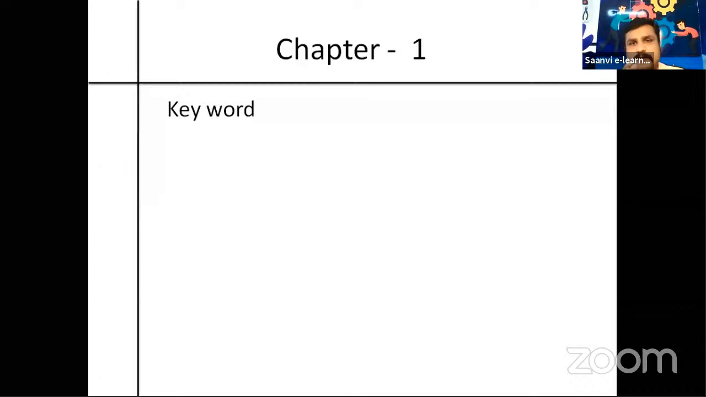Then after chapter 1, write the heading, the name of the chapter. After that, keywords. What keywords are you supposed to write here? Go through the chapter, the first chapter, and try to pick some difficult words. Sometimes you may get doubt on some words. Try to pick those words. Write at least a minimum of 10 words, 10 or above, from the